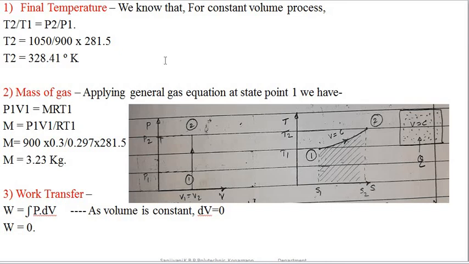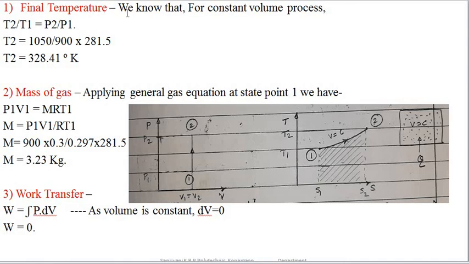So initially we must see which are the unknown parameters from the PVT terms, pressure, volume, temperature terms. We have to find out which are the unknown values which are not given in the problem. So those values should be found out first. So in this we know the volume, that is V1 is equal to V2. We know both the pressures, and the only thing we don't know is the final temperature here, T2. Therefore we will find first what is the final temperature.